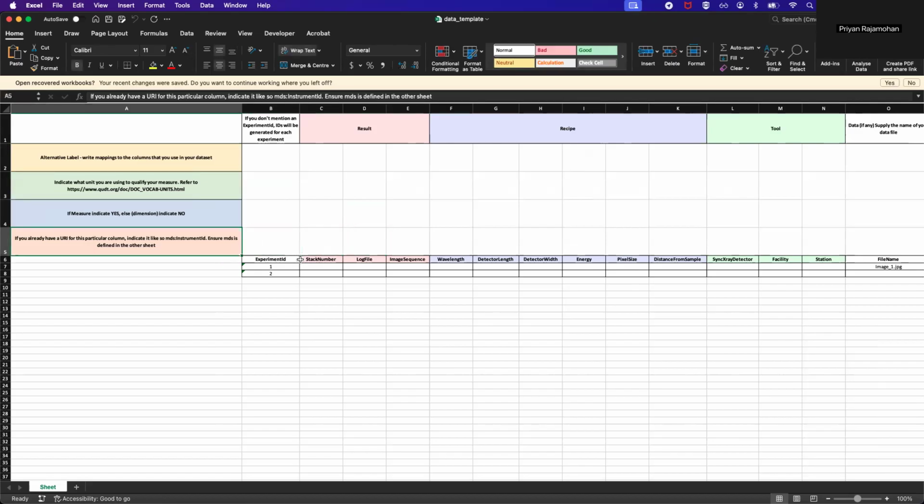And if you already have a URI for this particular column, indicate it like MDS instrument ID. So, which means you've probably declared a URI for this particular column, for example. Let's say you don't like MDS tag number, right? Which is what it typically gets labeled as. And you would want to use something like, which is already out in laser powder bed fusion, for example. You could just indicate as laser powder bed fusion and then indicate like it has a stack number. I don't like MDS stack number. I prefer laser powder bed fusion stack number. Why don't you use this